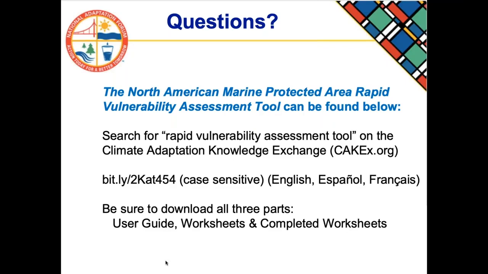That's a good question around a more comprehensive approach. And as the RVA tools user guide brings up in the process, you do have to have at your hands a reliable set of climate change information for your region that's appropriate for the habitats or resources whose vulnerability you want to assess. That I think is the other part. And that can vary depending on where you are in the world and your region.